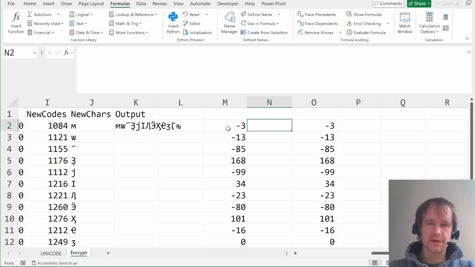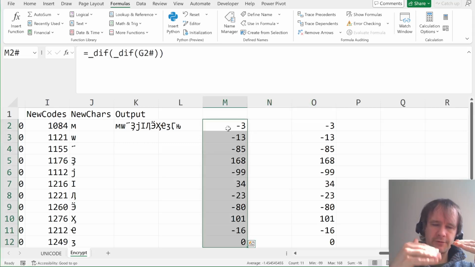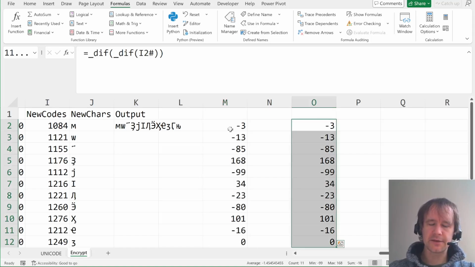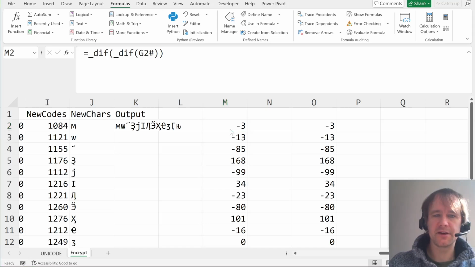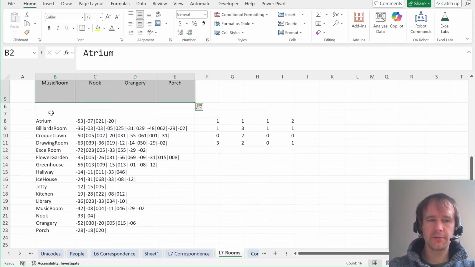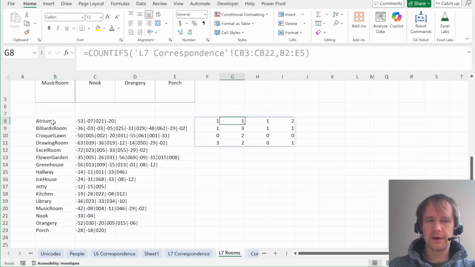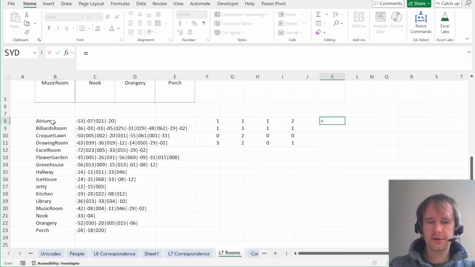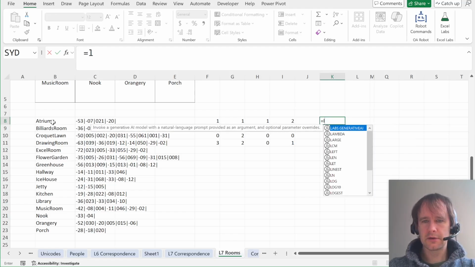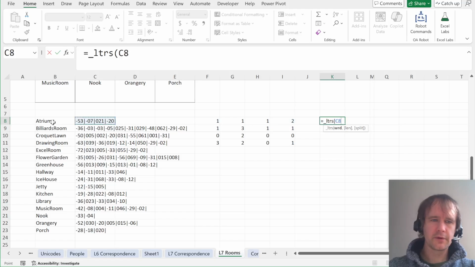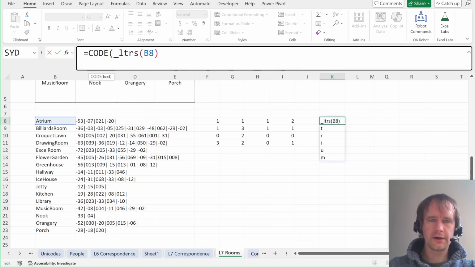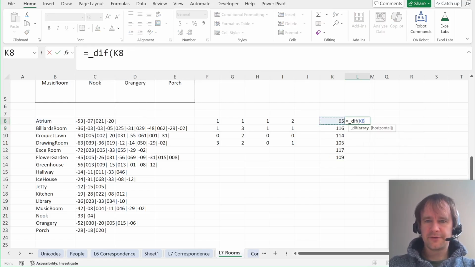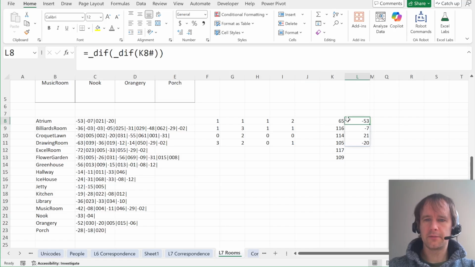So the idea with this, that the pattern of double differences is the same in the plain text and the encrypted text, means that if there's a word that you know is in there somewhere, say atrium, for example, then you can take the letters of atrium, and then let's take code of that. Then you can say diff of diff. I want to take the double difference of that, and you get -53, -7, 21, 20, which I've just encoded